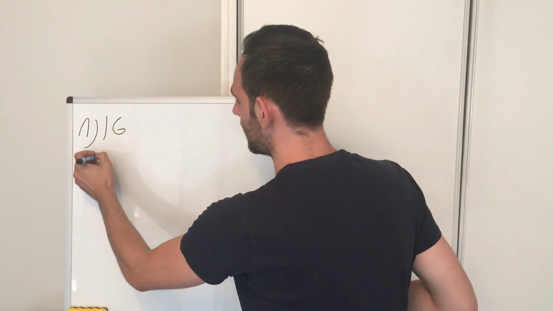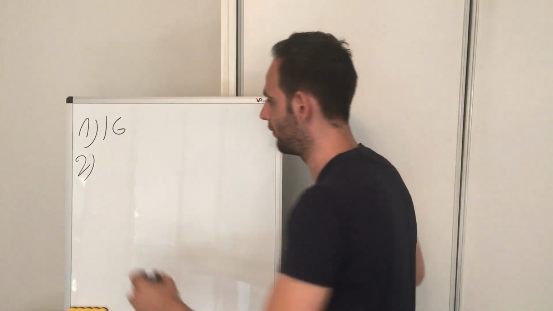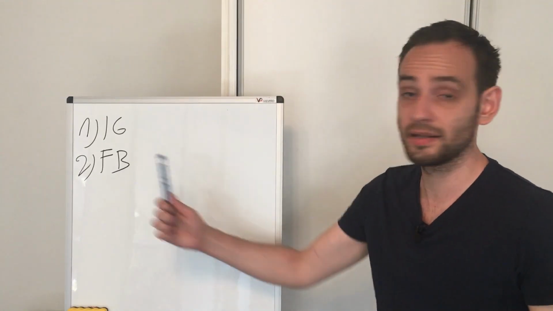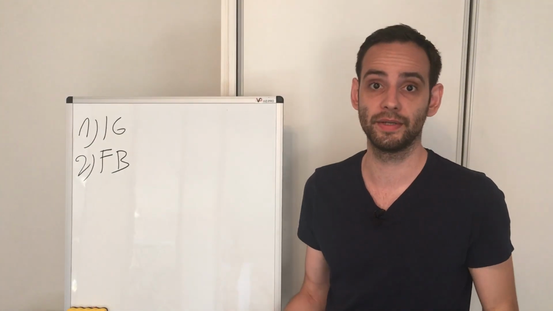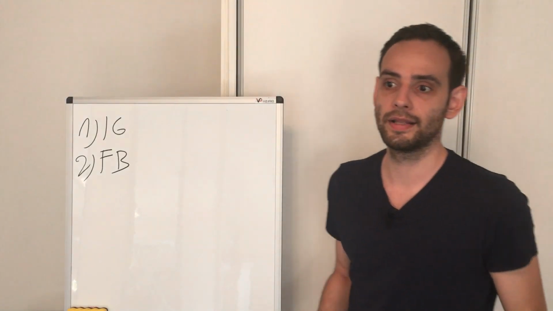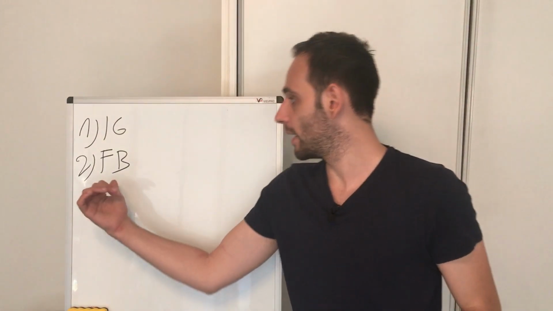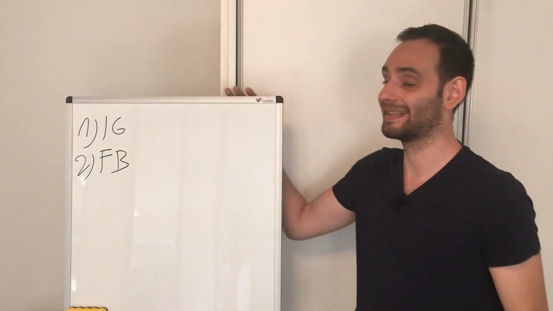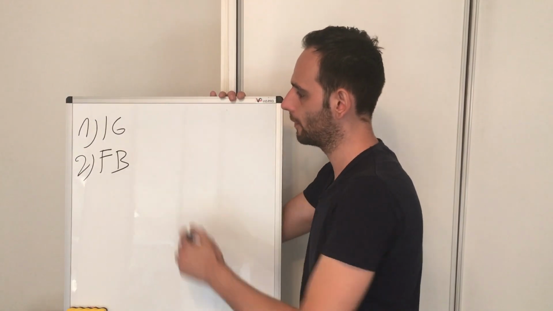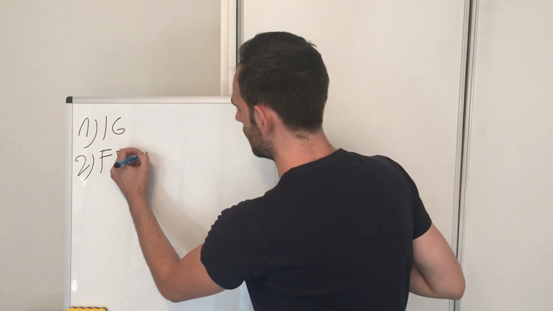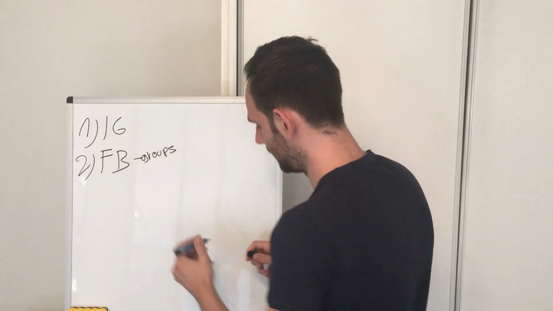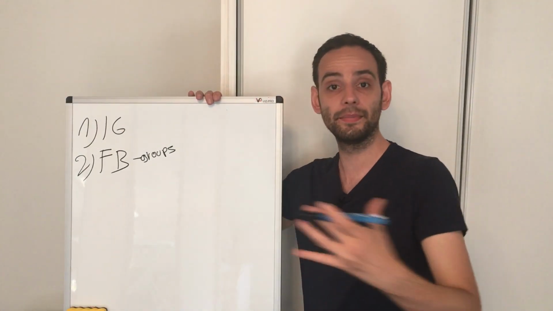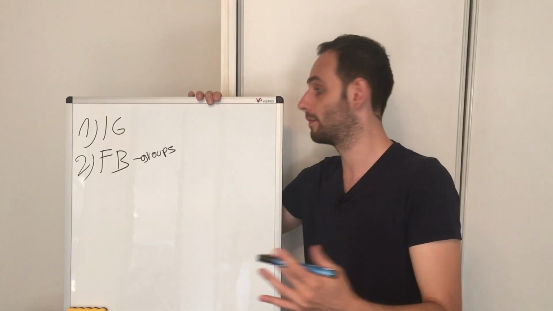Now, what is number 2? Number 2 is going to be Facebook. Facebook is pretty much the most popular social media, the most used one. The best way on Facebook is to do it with Facebook groups. Either you create your own Facebook group and you invite people into it, from other groups,